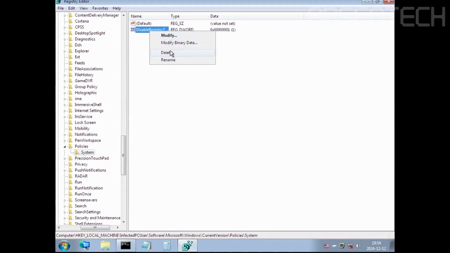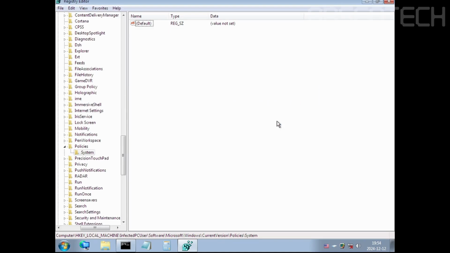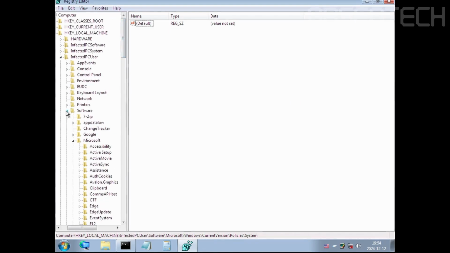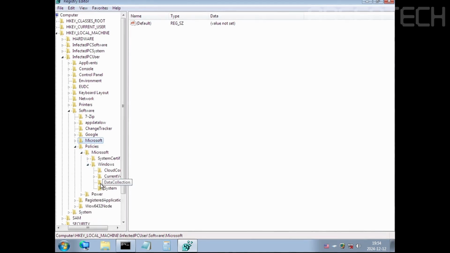Then delete DisableRegistryTools. And in the software, let's go to Policies, Microsoft, Windows, System, and then it says DisableCMD. Let's delete that.